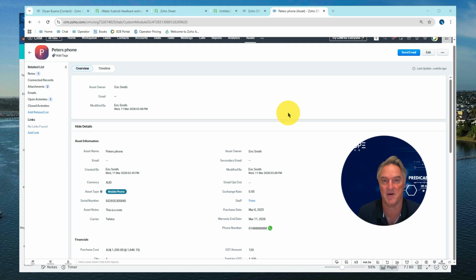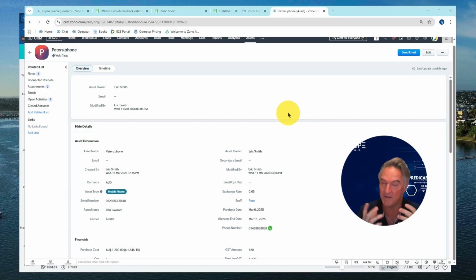Great feature inside Zoho CRM. Basically what it can do is enable you to extend how you use Zoho CRM in your business, make it more of your one business platform, leverage the licensing costs that you're already paying for Zoho CRM, stop people from storing data on different locations scattered around your office on different spreadsheets and maybe in filing cabinets. Get it all centralized into Zoho CRM, because what does that do? It makes it easy to access it, to manage it, to update it, to edit it, to be able to grab it quickly, but it also means it's going to get backed up and is not at risk of being